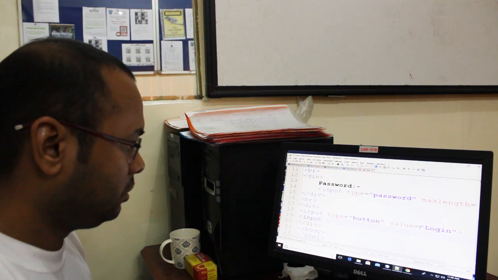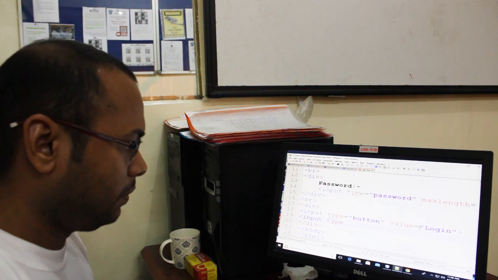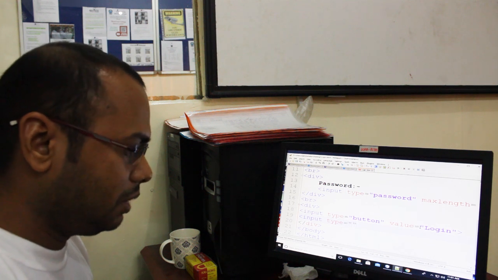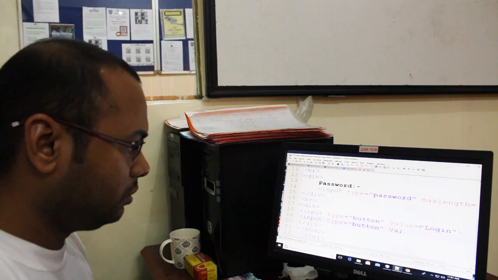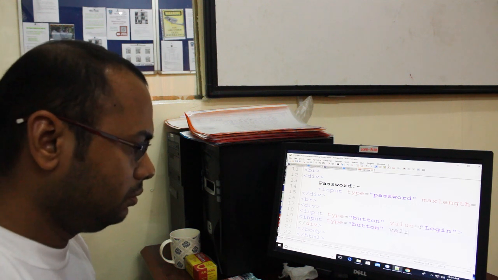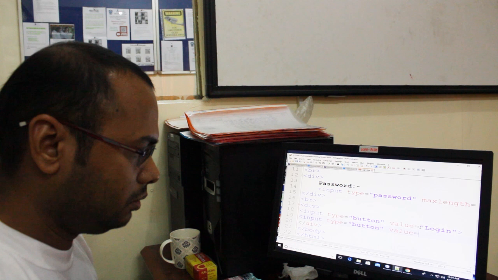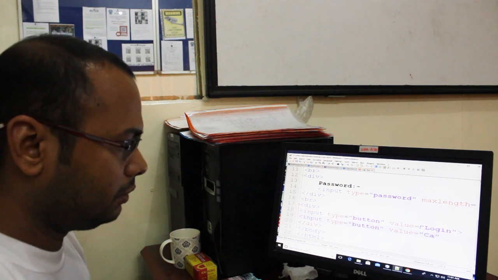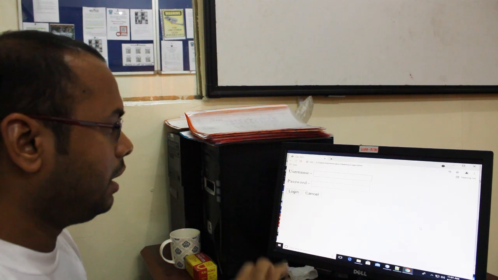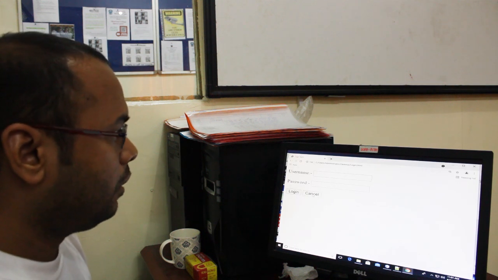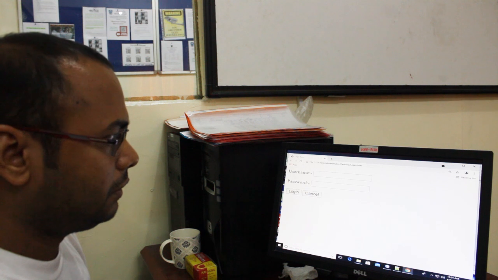So input type equals to button, value equals to cancel. So save it, go back, again refresh, F5. As you can see, login and cancel buttons are both displayed here.